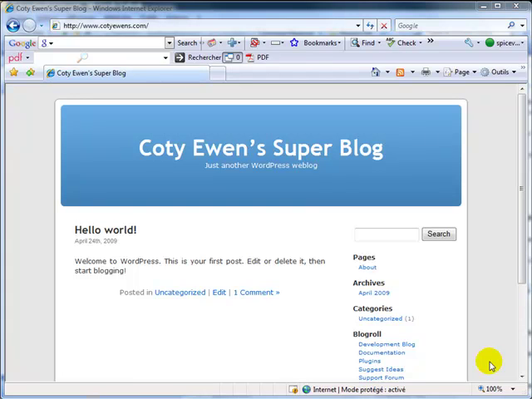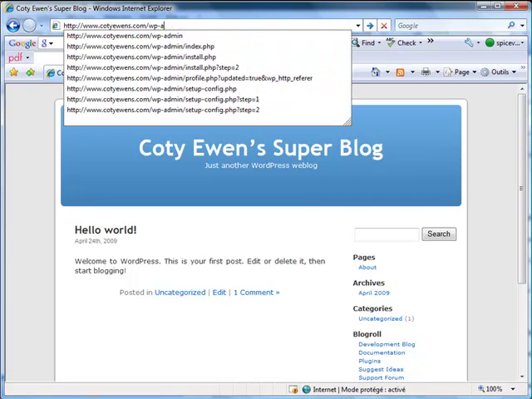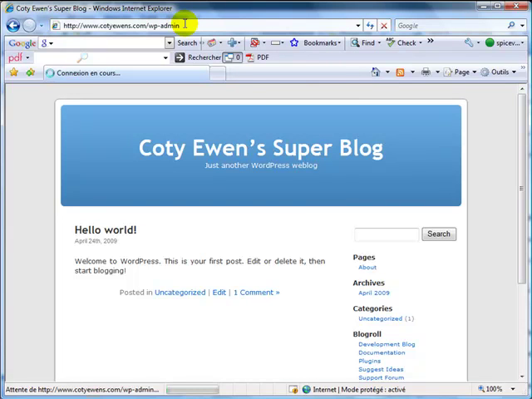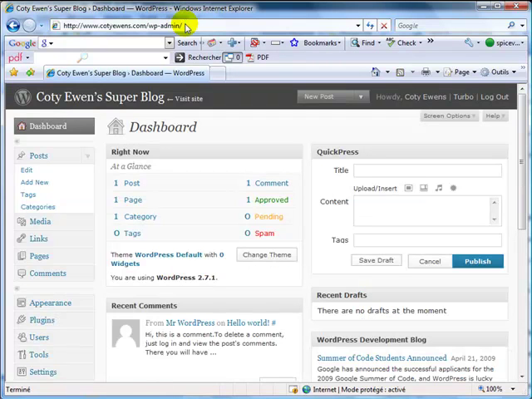I have installed a new WordPress blog on my new domain, cotyewens.com. It's a fresh installation, so it's the default settings. I have not changed anything yet, and I'm going to show you how you should configure it to get the best SEO results. So once your blog is installed, go into your administration panel,